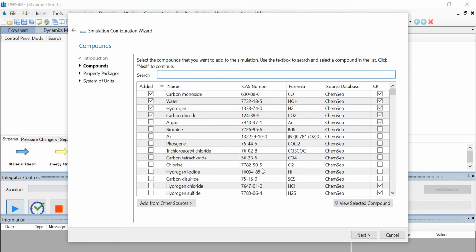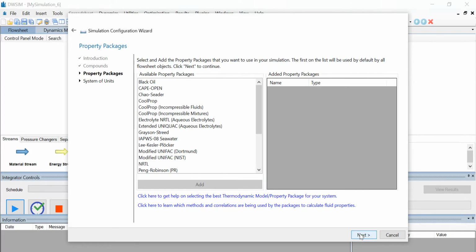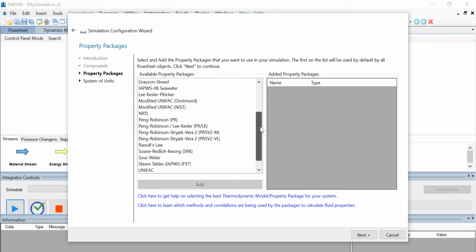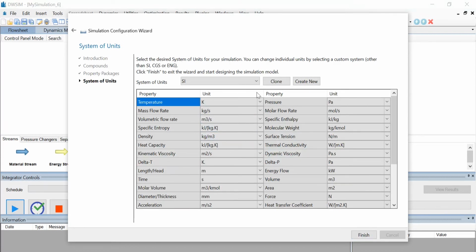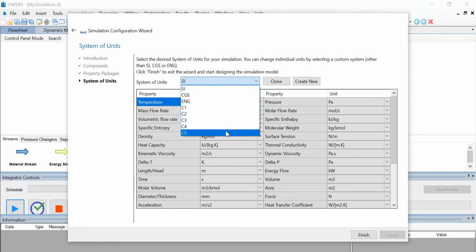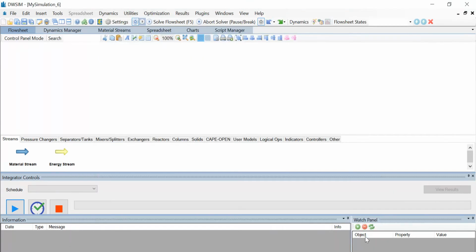All the compounds have been selected. Click on Next. Now from the available property packages, select the Raoult's law and add the property. Now click on Next. Finally, select the system of units as C5 and click on Finish.